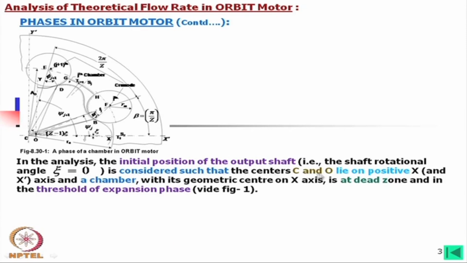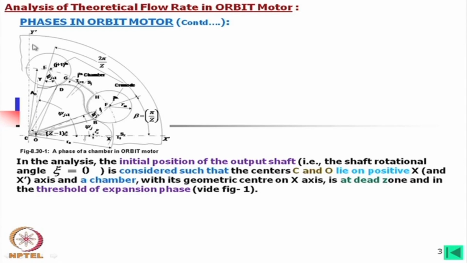The centers C and O lie on the x axis, this is x dash, and here is the x. So, both the x axis of the star as well as the x axis of the envelope coincide, whereas the y axis is away at the center distance CO,